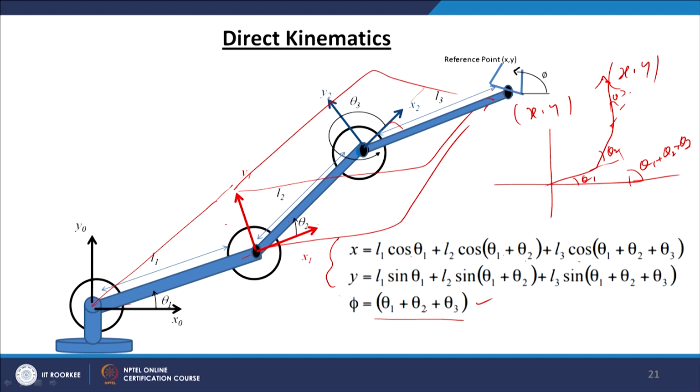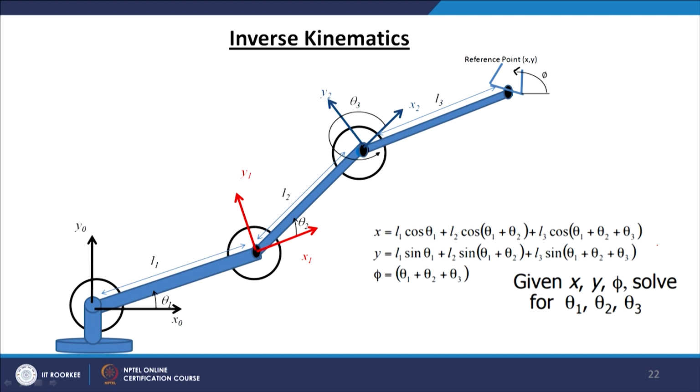So, for having that particular orientation, we now have 3 equations and we have to solve for the 3 unknown values theta 1, theta 2, theta 3. This will have a unique solution and the solution can be obtained in a similar way as we have done in the previous case. Because if theta 1 plus theta 2 plus theta 3 is specified by this particular value, this is known to us.